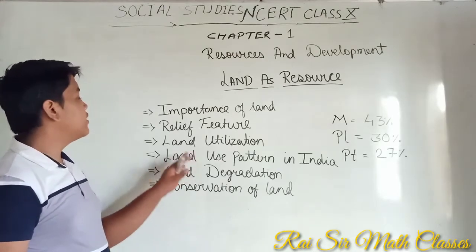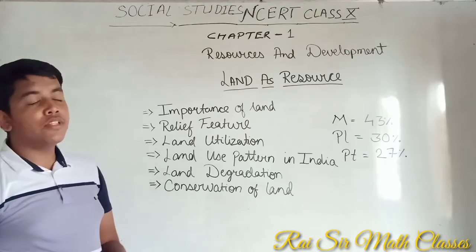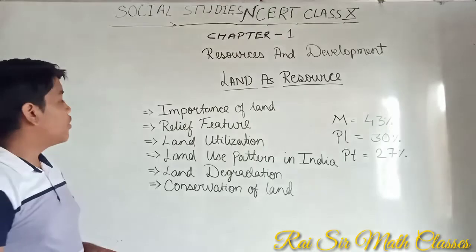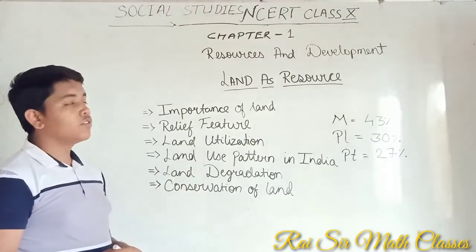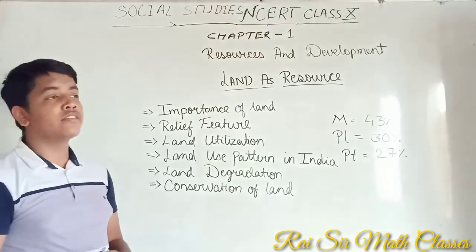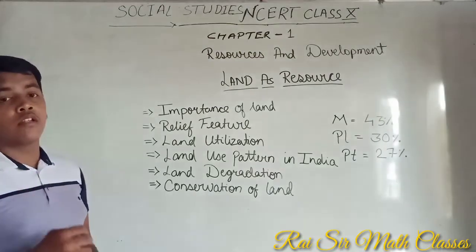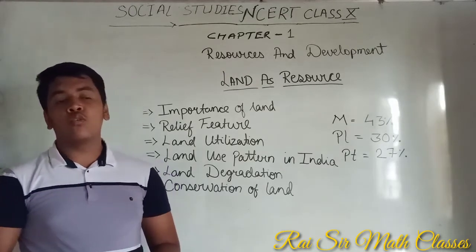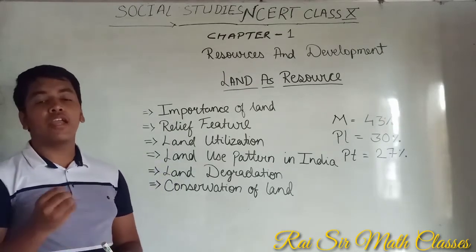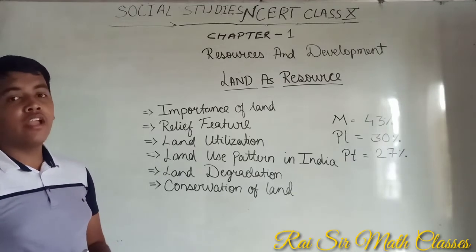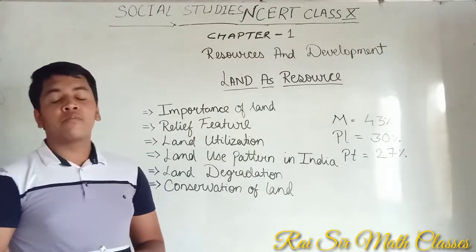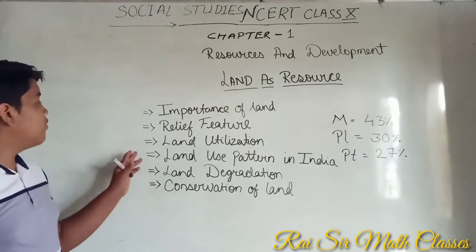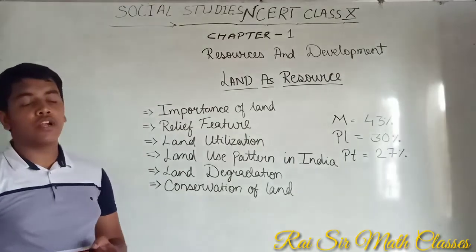So how do we utilize the land? It means how a country or a place utilizes its land. Land utilization contains how much forest area, how much area to live for housing purposes, area for industrialization, area for public and picnic places, and many more. So these all come under the land utilization of a country.